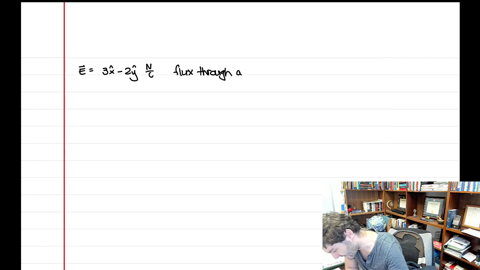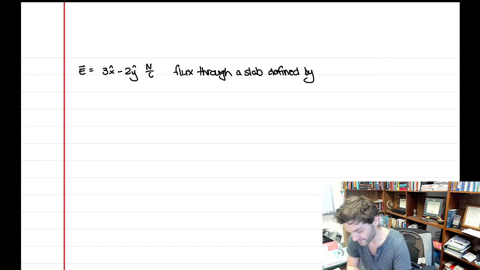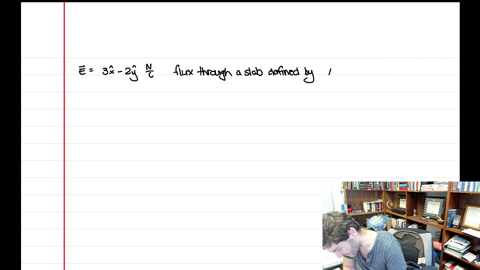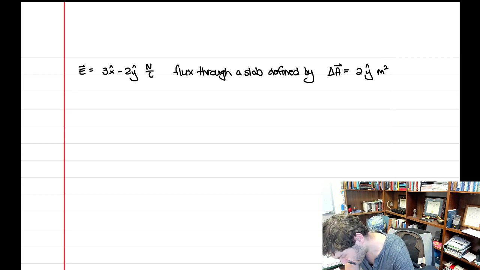through a slab defined by, well, let's just stick simple. Maybe this slab is defined as just 2 in the y direction meters squared. So if I were to plot this,